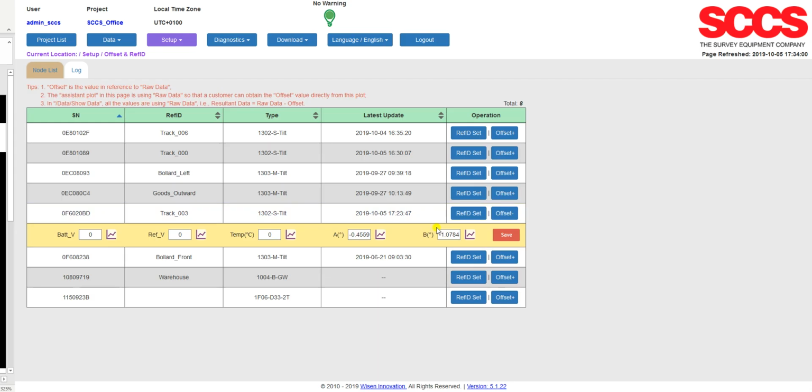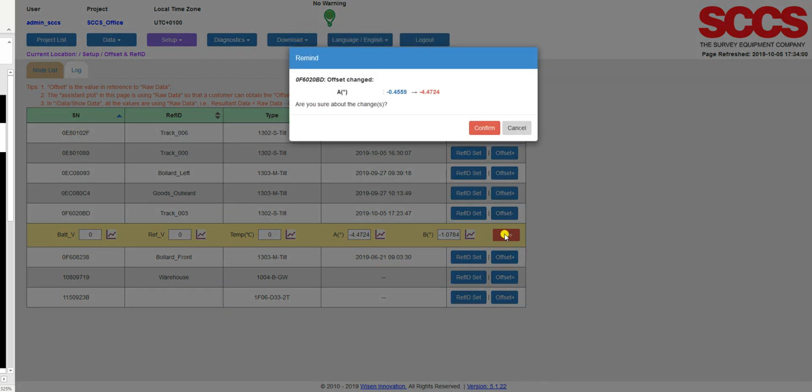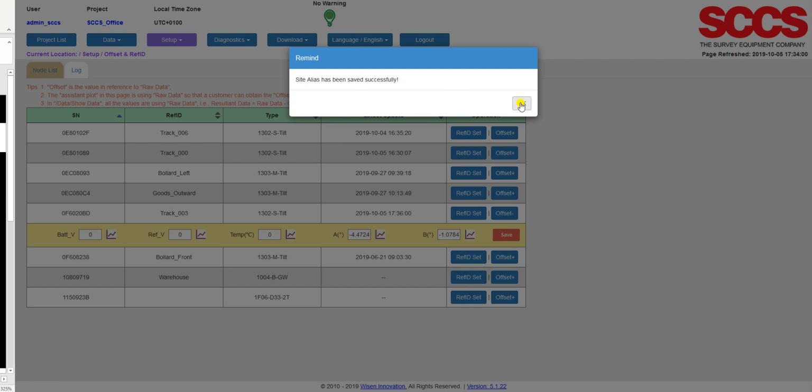the Wisen software. So here we are back in the Wisen software, and I've gone into offset and ref ID, and you can see that I'm going to enter in the offset value that was just calculated. And if I click save, you can see the value I've entered is going to be applied. Don't worry about the B value because that was the inherent value that was calculated earlier and there's no change. Click confirm, click OK,